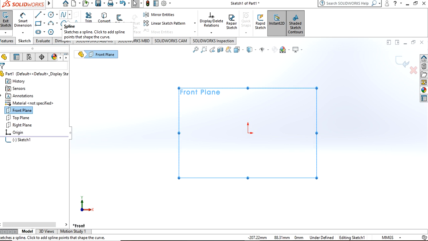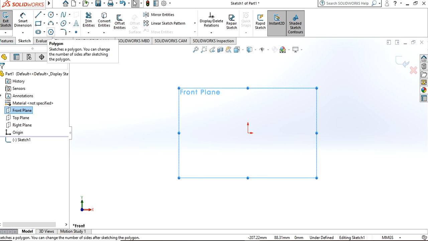This is a spline, which sketches a spline, click to add spline points to shape the curve. This is corner rectangle, this is 3 point arc, this is ellipse, this is straight slot, this is polygon. You will get to know.